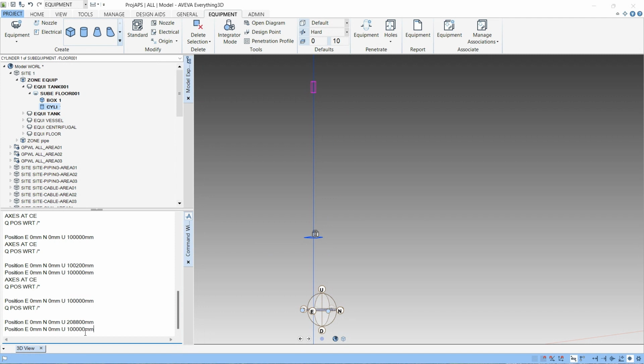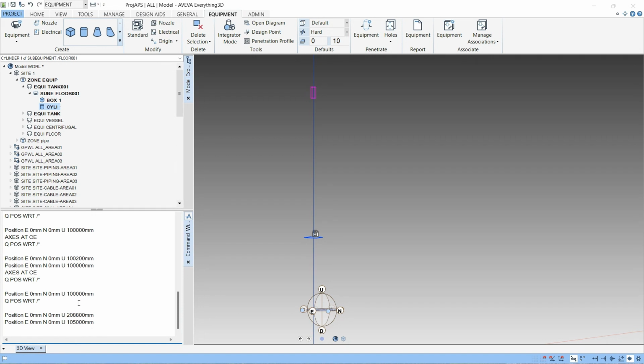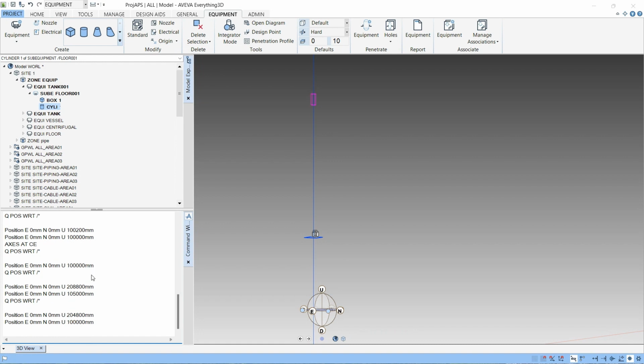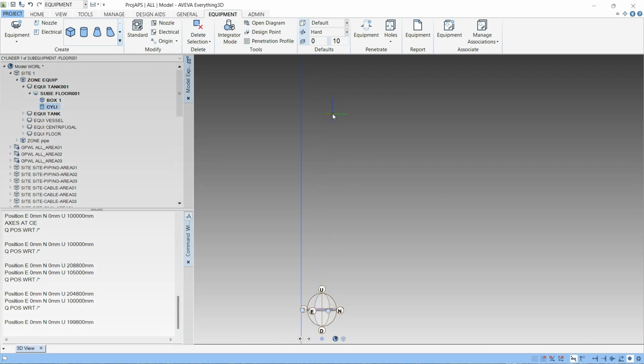We want the distance should be, you can bring this cylinder down simply by